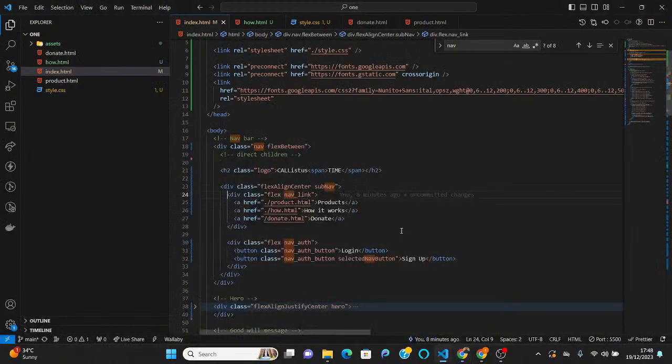So let's start with the nav bar. When you're doing responsiveness, don't go and try to do all of them at once. Start with one. Let's start with the nav bar, make the nav bar responsive. Then we'll go to the hero section, make it look responsive. Then go to other sections and make them look responsive the way they need to look. So what are we going to do now? We are going to target, make sure you look at